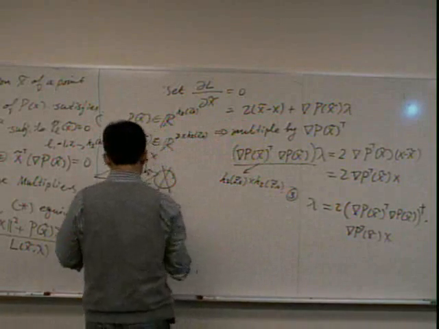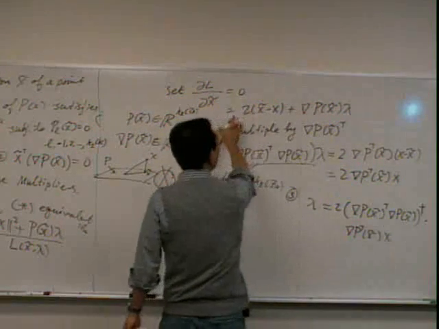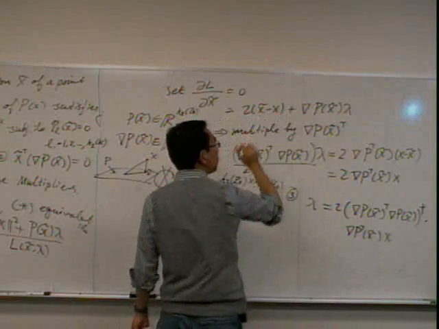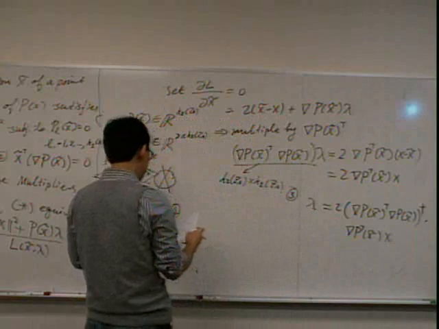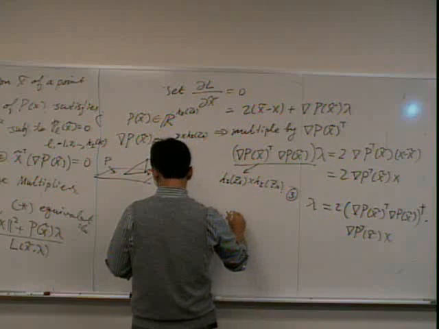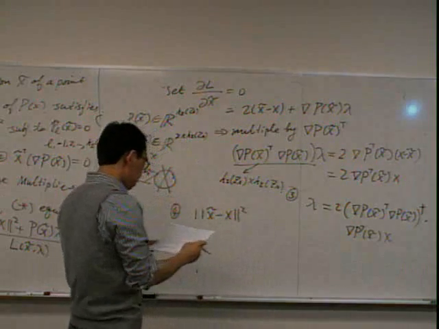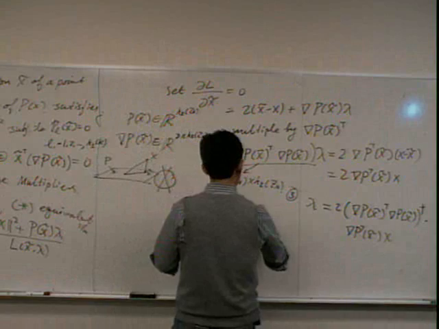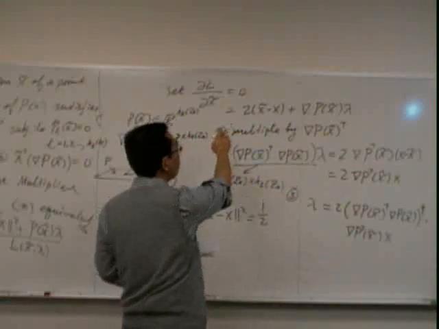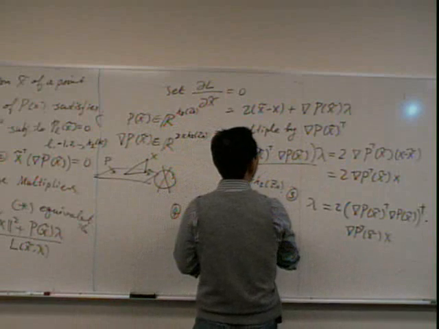The fourth result is that we are going to multiply again this guy from the left by x tilde minus x transpose. In that case, we get x tilde minus x squared is equal to 1 over 2. You move the 2 from one side to the other, and